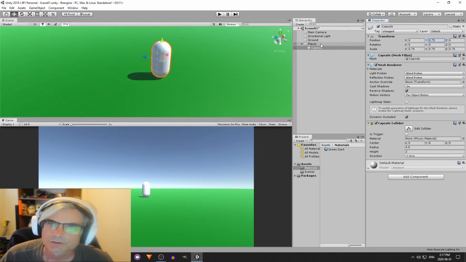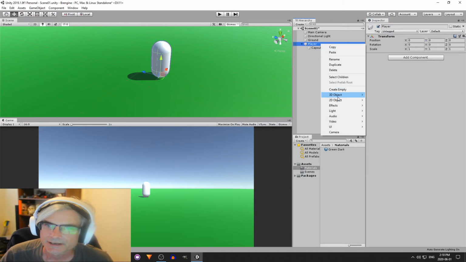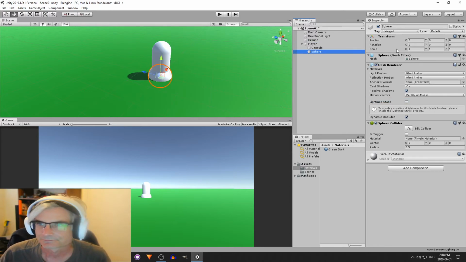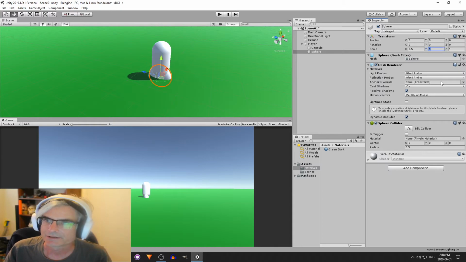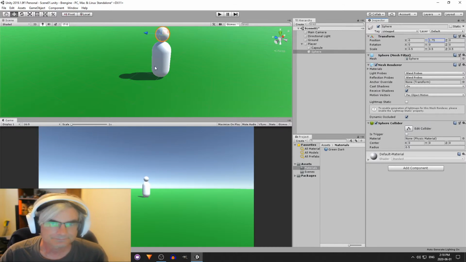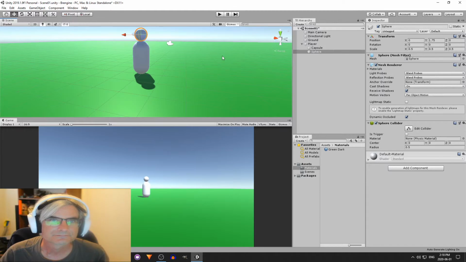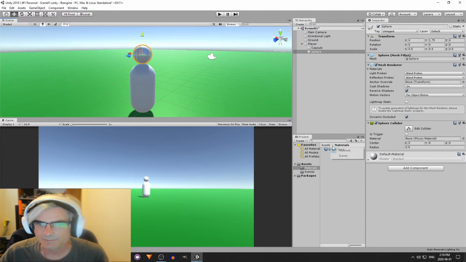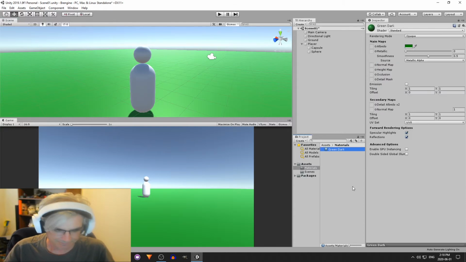And I'm also going to right click on player and create, I'll make a little head for him. 3D object sphere. And scale that to 0.5, 0.5, 0.5, and set it to 1.75. There we go. Little primitive dude. In my materials, I'll just click on dark green or green dark, Control D to duplicate, F2